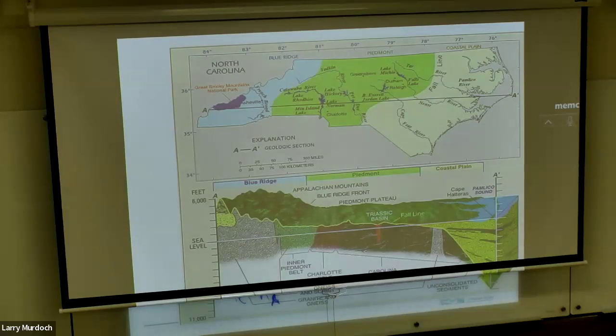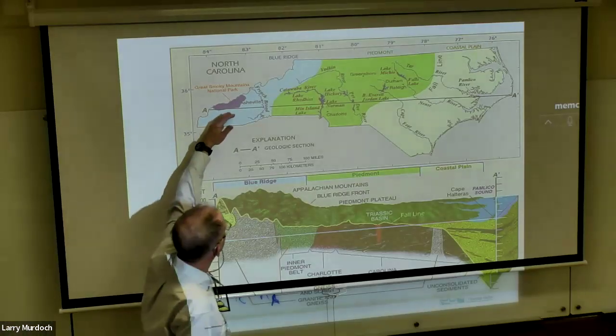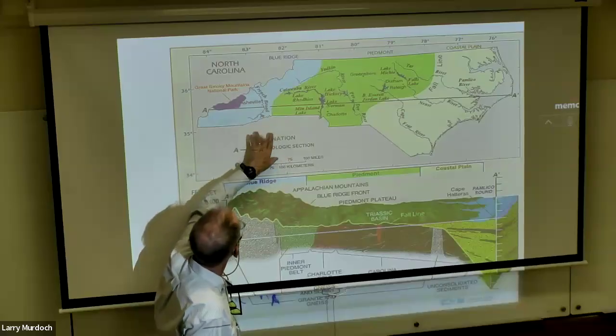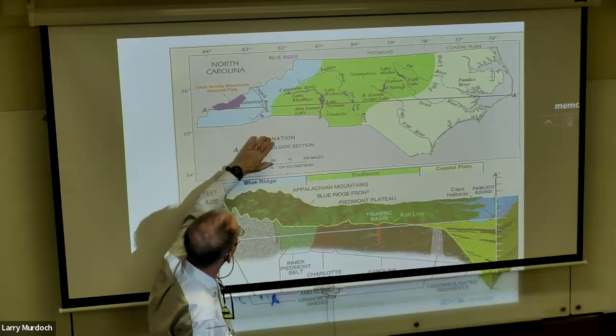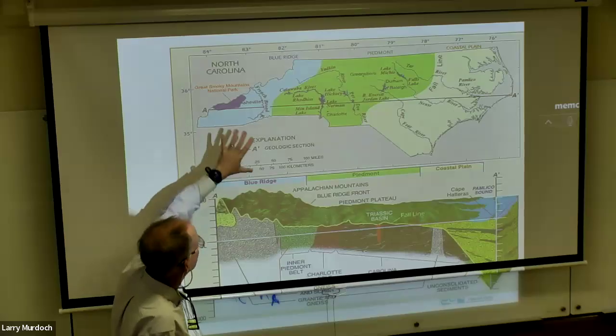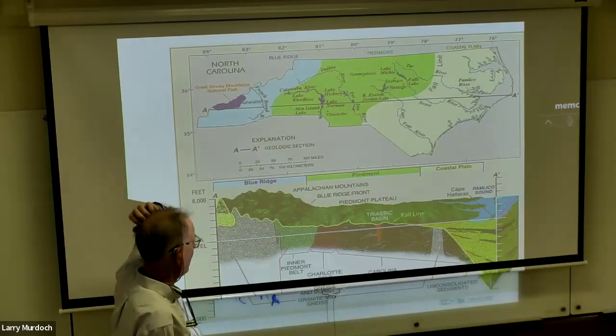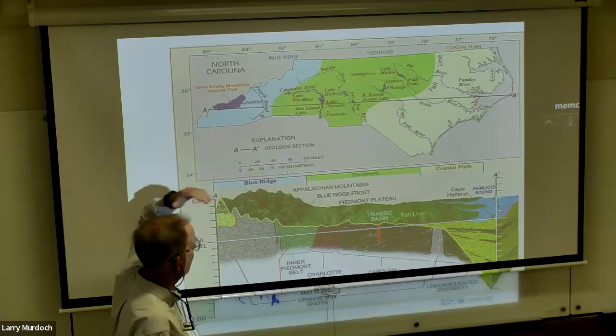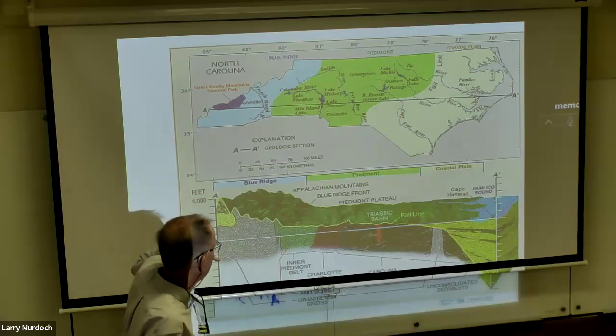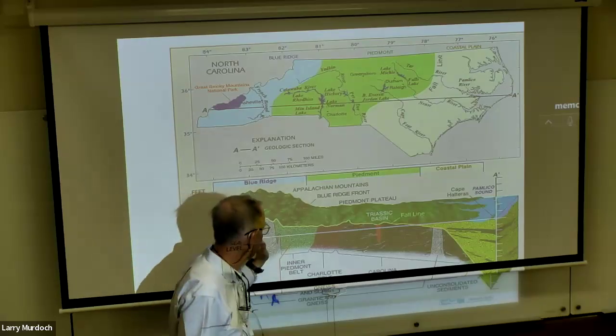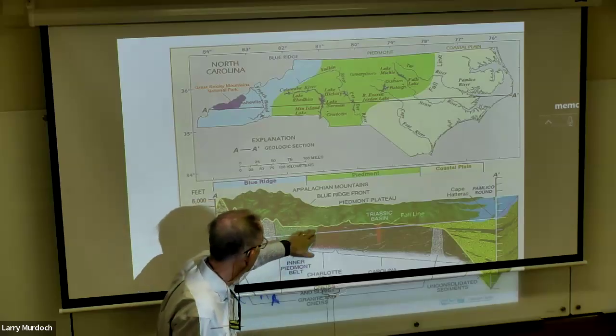So here's a cross section through North Carolina. So we're I think around here someplace, and this is representative of what things are like through South Carolina as well. So we're in the inner Piedmont, so we're like right in here,